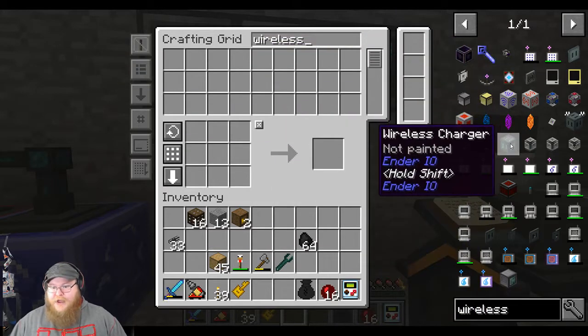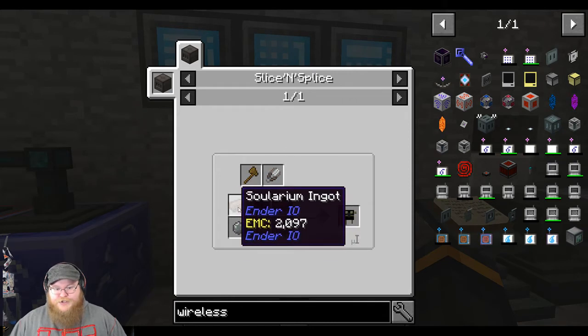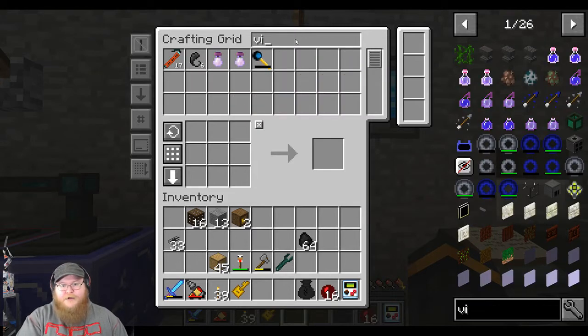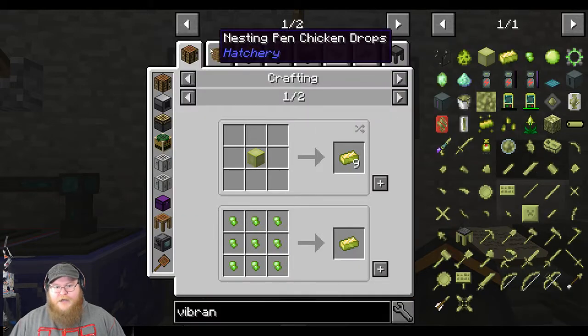Let's see. We do have a wireless charger from Ender IO. We need an Ender resonator, which is Solarium with a vibrant alloy. So let's see if we have that. I should have a little bit of it. No, we don't have any vibrant. So what do I need for vibrant? We need